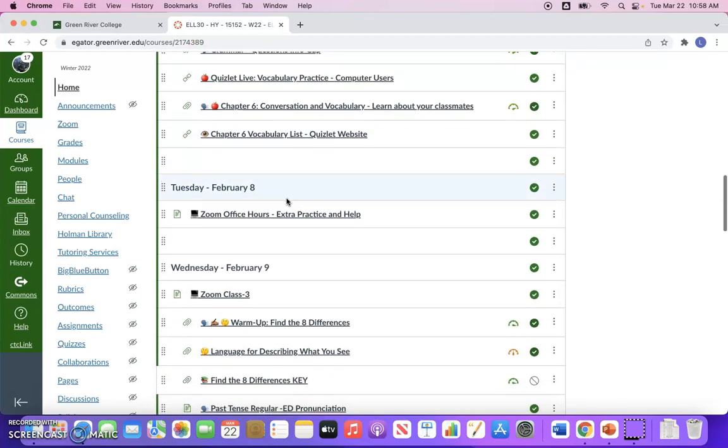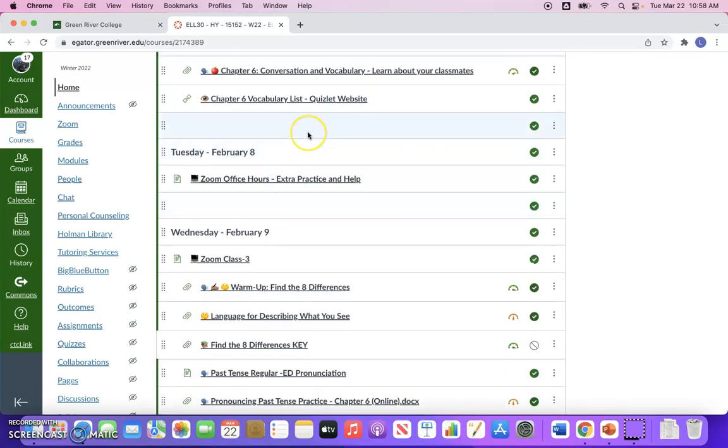And in this class, one of the activities was to have a conversation practice using some vocabulary from the chapter that the class was reading. So they were reading chapter 6 in a book. And in this activity, partners are going to have a conversation using some vocabulary from the chapter. So that way we practice speaking and new vocabulary together. So this first link is here. So if we want to open that up and look at that, let's click that.